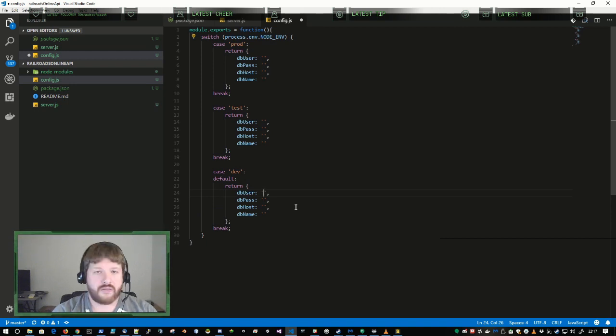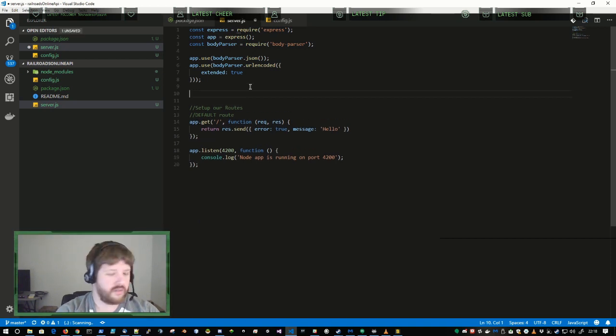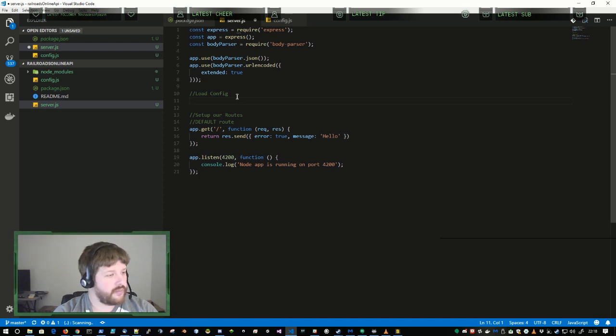So we'll set up these values at a later time, probably off camera. But now in here, what we should be able to do is we should be able to grab, actually, we could even make that part of the config as to which port it loads, which would be very handy. But